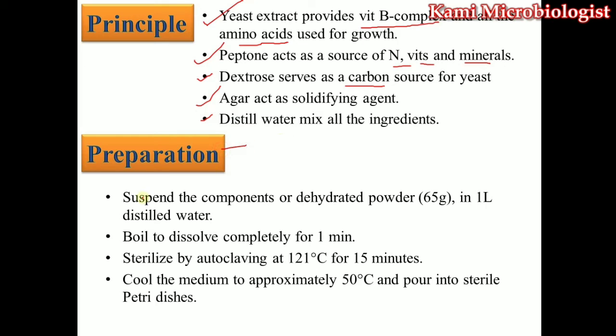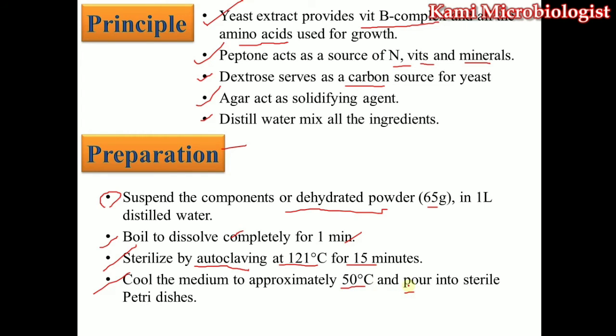Now how to prepare this media? First of all, we take the dehydrated powder, 65 grams in 1 liter, and after that we have to boil it for almost 1 minute to completely dissolve the powder. After that we have to sterilize it using an autoclave at 121 degrees Celsius for 15 minutes. After sterilization, the media should be cooled, and at approximately 50 degrees Celsius the media should be poured into